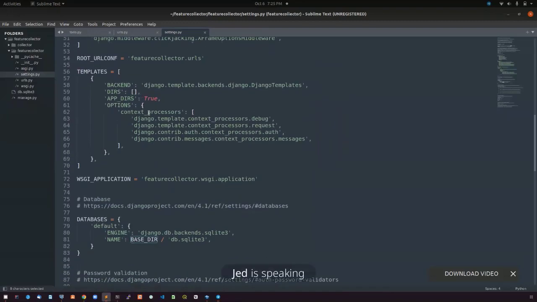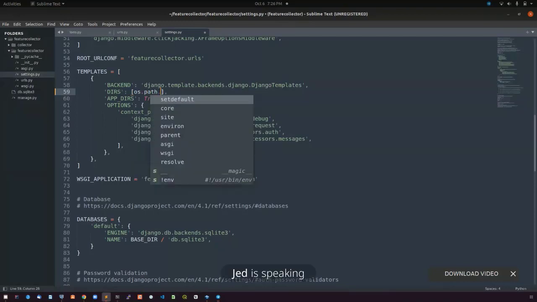So we come down to our templates. When you talk of the templates, we are talking of the HTML stuff that we'll be using. This template is just asking for the path to the place where we will be keeping our HTML documents. For us to get that, we'll have to tell the system to go into the root directory and then find templates within the root folder. So now we are saying, okay, you should go into the operating system and it should